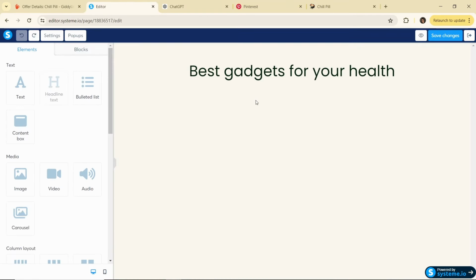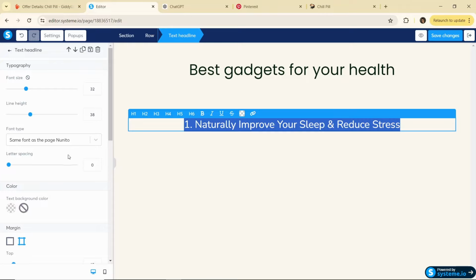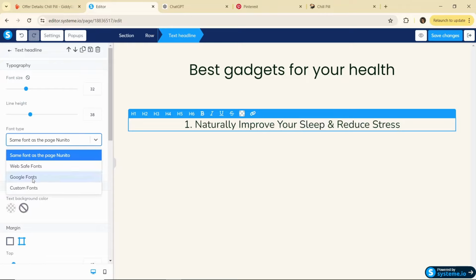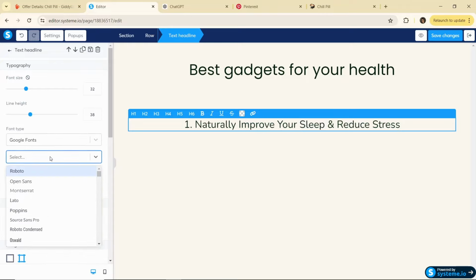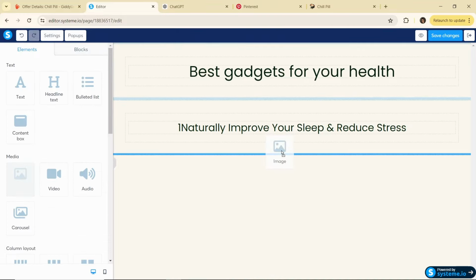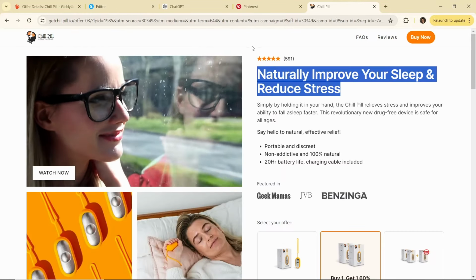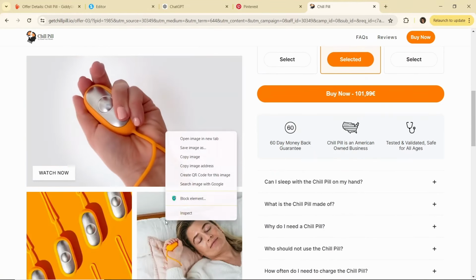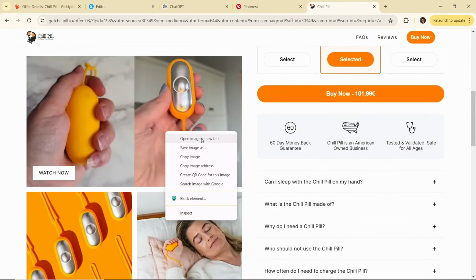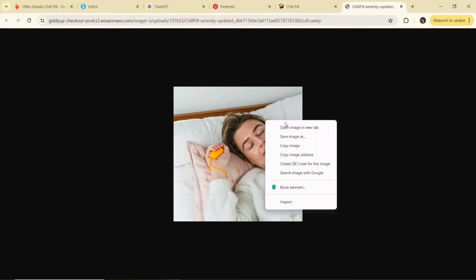Now drag your headline text over here and paste your text right here, and after that just type in 1. Now select all of this text, select the font type as Google Fonts and search for Poppins. Now drag this image element underneath this text and go back to the landing page, and you need to download this image right here. Just click the right mouse button, click on open image in new tab, and once again